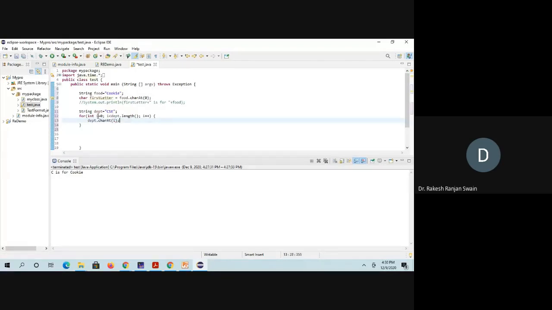Then it will run: i equal to 0 extracts C, then i equal to 1, i equal to 2. In this way it will run, and whatever value it extracts, I will store in a character, suppose charC. The value will be stored into this character. Then here we can print also.